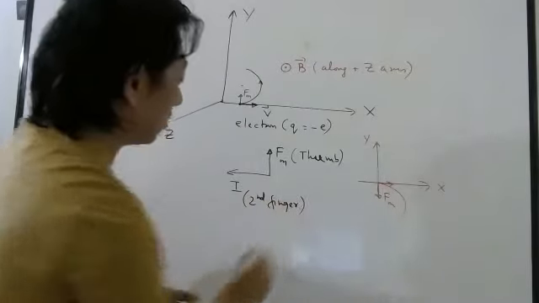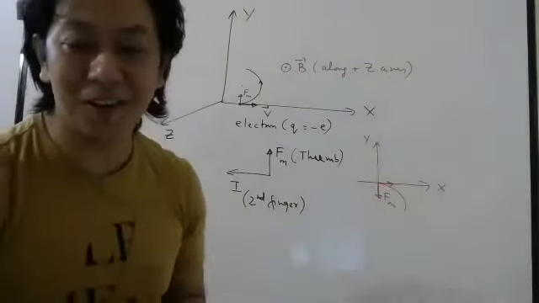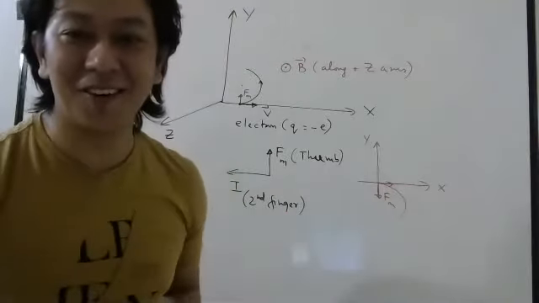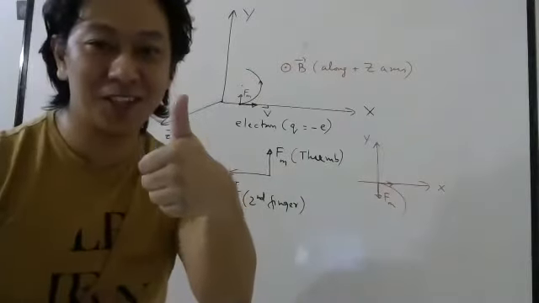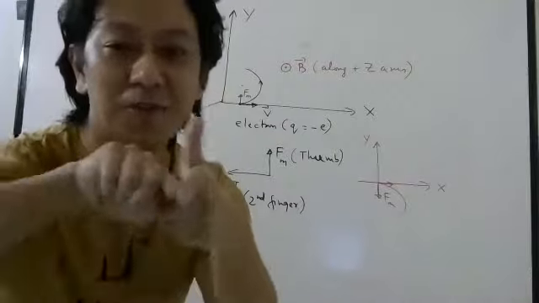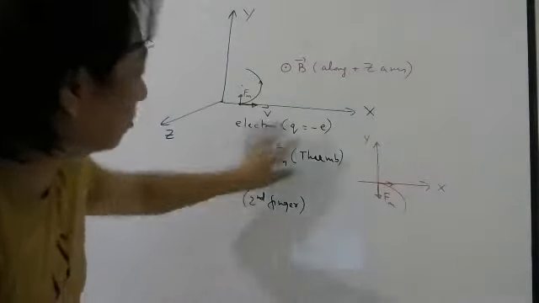So where should be your first finger? Arrange now. That I cannot come and tell you. If it was a classroom, I could have come and hold your hands. But right now I cannot do like that. So please try to cooperate with me. Magnetic force is here. Current is here. So magnetic field should be out of the board. Everybody understood? See, everything I am trying to show you.